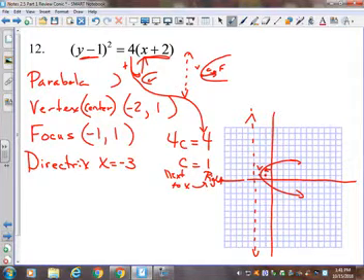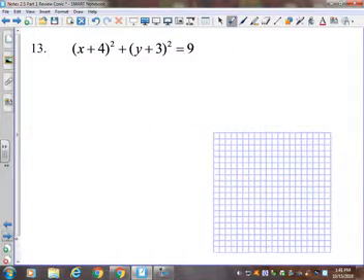And notice C was 1, so this one went up 1, and from -2 to -3 went down 1. Same concept. It's how far did it move. But this is a vertical line equation, not a point. All right. I think that's all there is to a parabola. It's pretty straightforward. All right. So our next one is